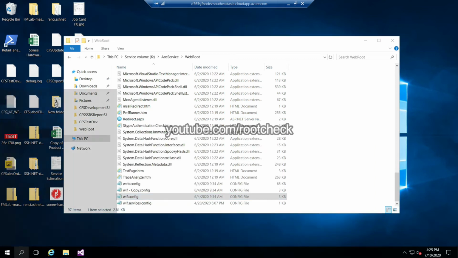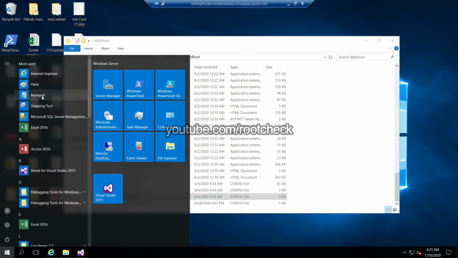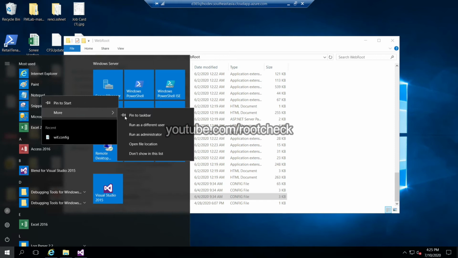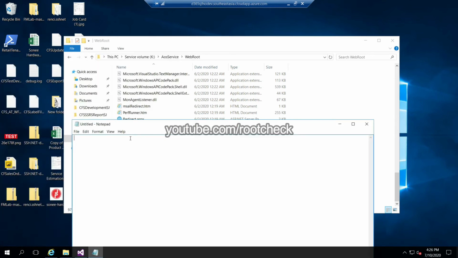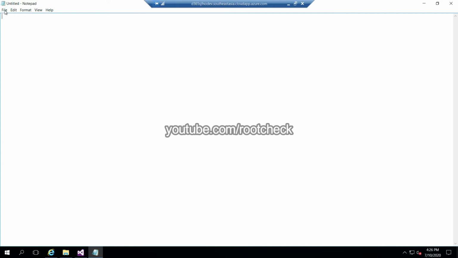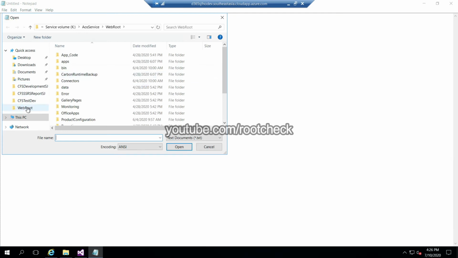But before that, I would suggest you copy that file and paste it somewhere else, or just create a duplicate of it, in case you make any mistake in the original file and it gets corrupted. In that case, it is a better idea to duplicate the file.